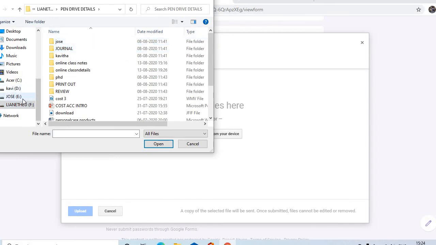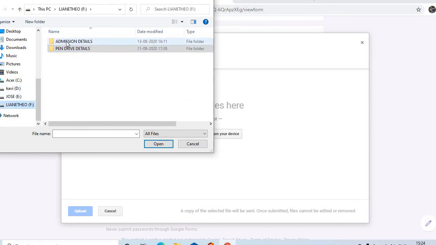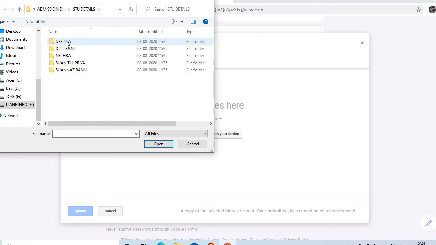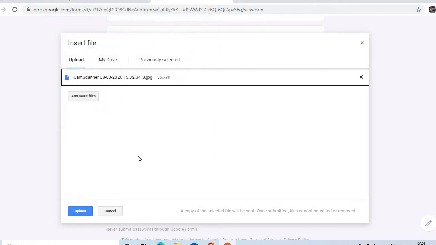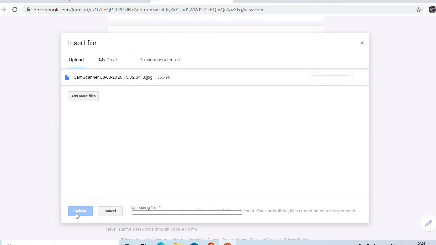I have stored it in admission details on my pen drive. For example, there is a photo available. Click on it and just click upload. It will take time because you are uploading a photo.